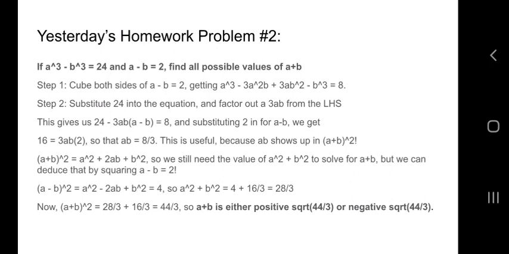And this is useful because when we cube a minus b, we get a cubed minus b cubed showing up in the expression. Even though the a cubed is not right next to the minus b cubed in that equation, because addition is commutative, we can always move that term right next to the a cubed. So we can replace a cubed minus b cubed with 24. We're going to substitute that into the equation. And then we're going to